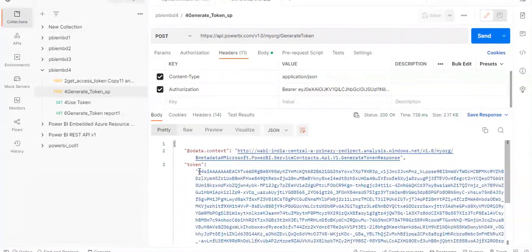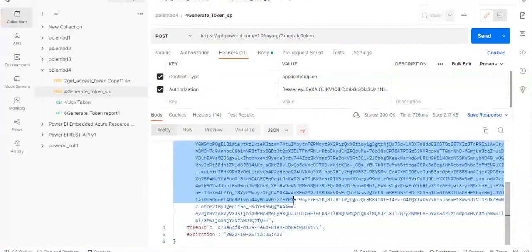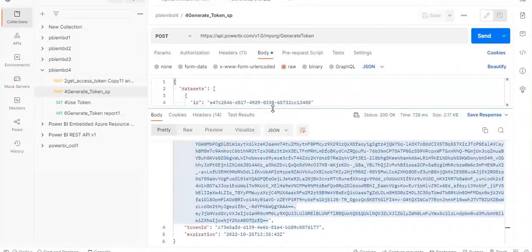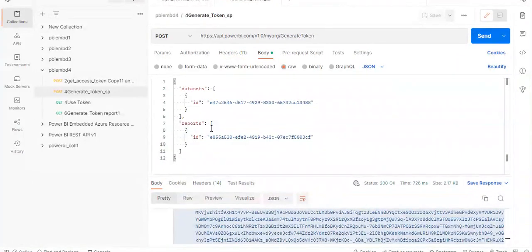Now I have received the token, okay, and now what this contains is the body, and that body says that